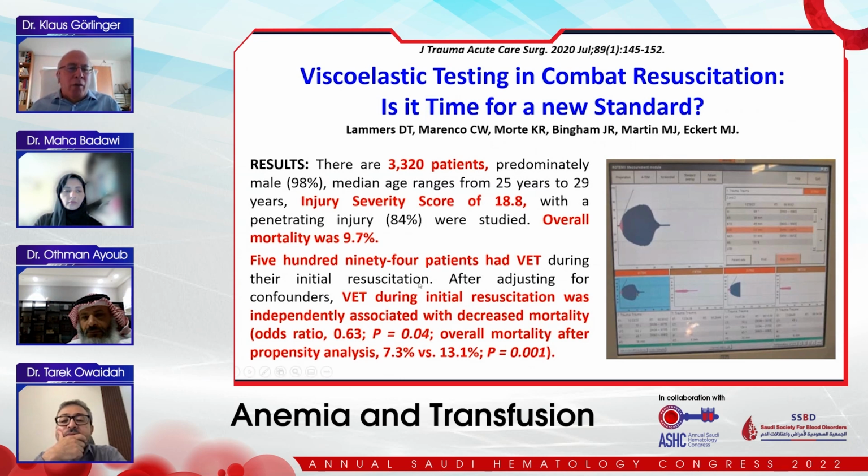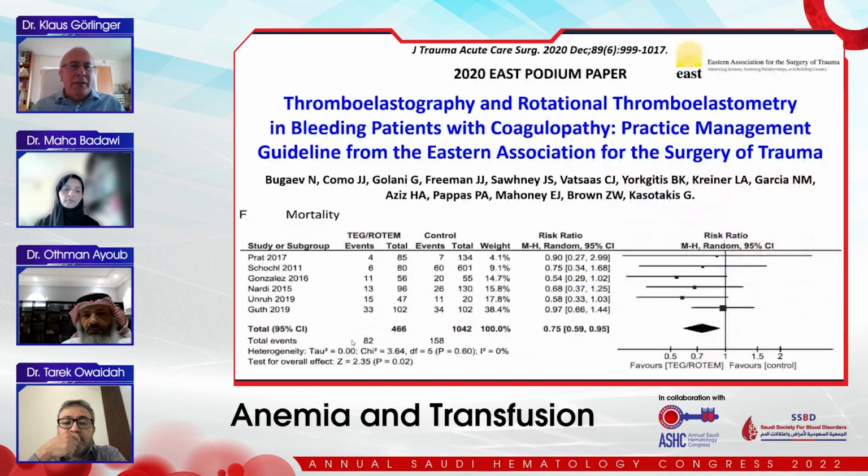But they could show in the subgroup with viscoelastic testing for initial resuscitation that the mortality went down from 13.1 to 7.3. So this is an odds ratio for mortality of 0.6. So even in the military setting, there is a significant reduction in mortality. And also, the latest US guidelines published by the Eastern Association of Surgery of Trauma, within their guidelines, they also